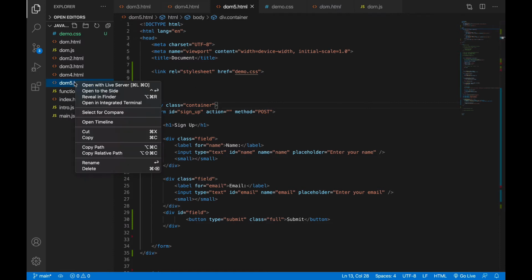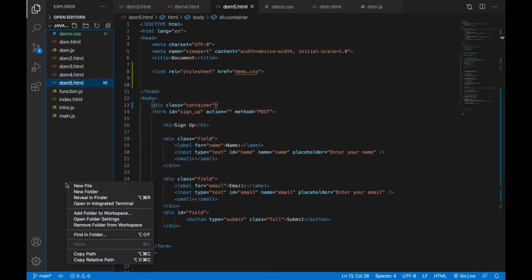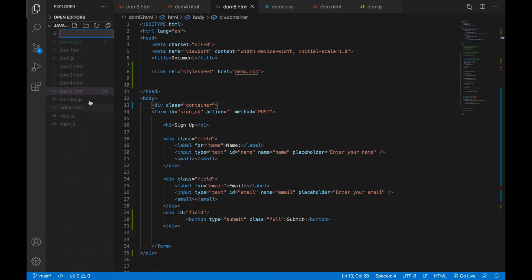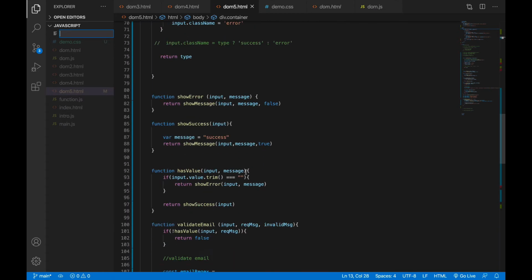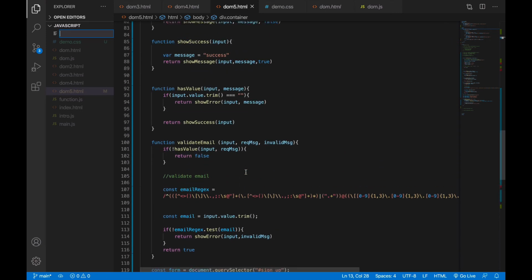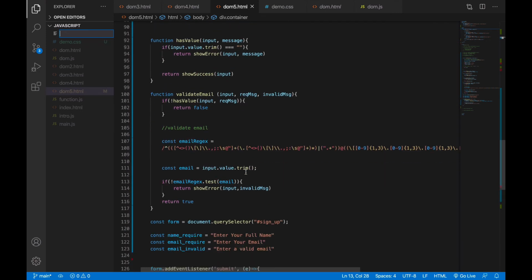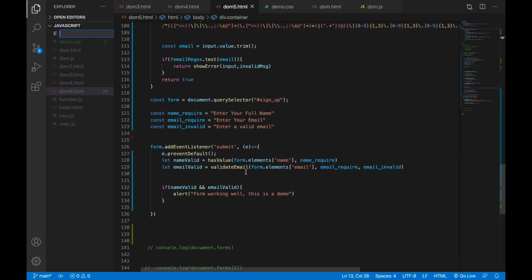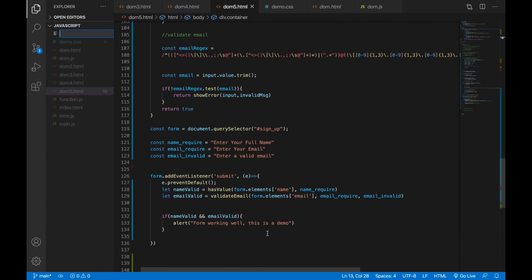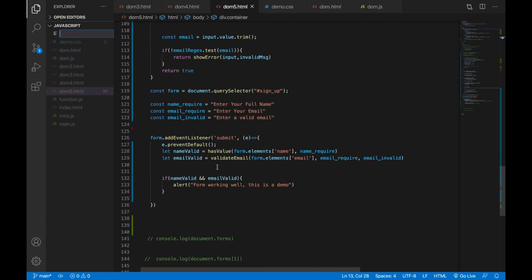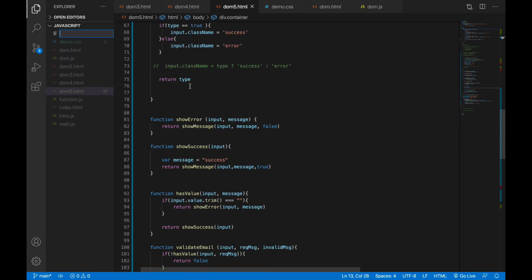So I'm going to create another document. I'm going to call it new file. I don't want to add to this sign up form so that you don't mix it up, because this one might be a bit complex for you. You might want to take your time to look over it. There's even a way I can put all of this code inside this particular event listener, so that it doesn't look complex. But if I have time, I will come back to it. But let's go to